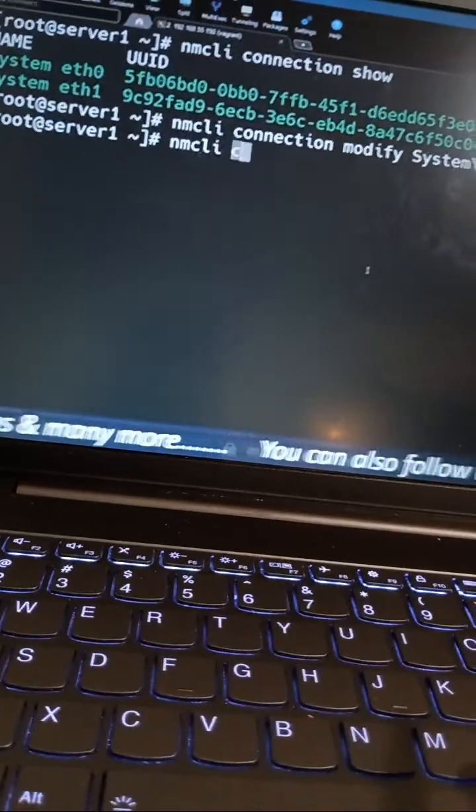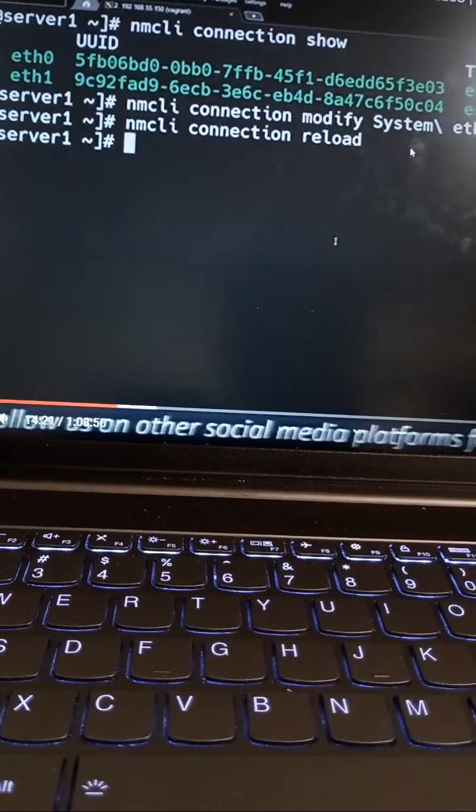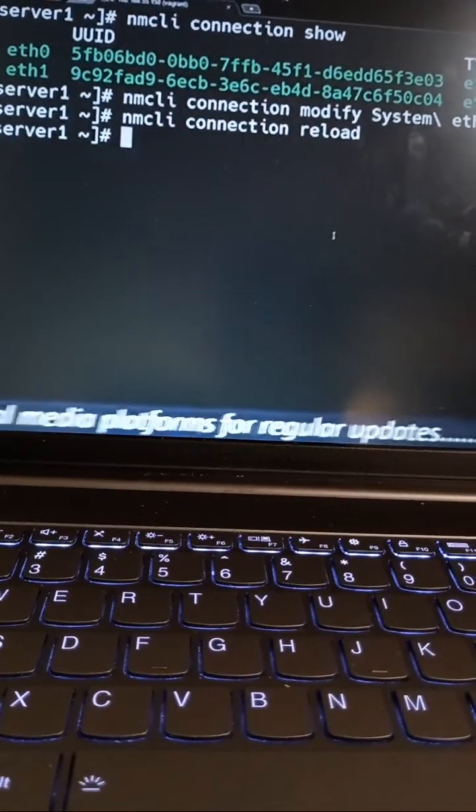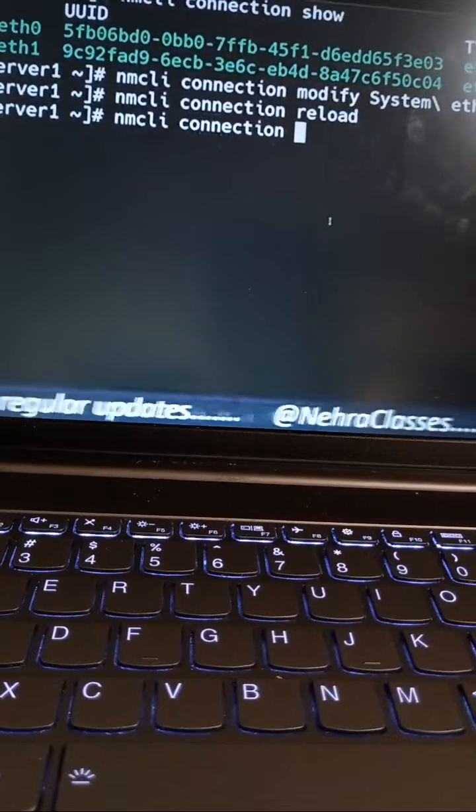So we have added the IP address. Now we can reload the connection. So we can execute nmcli connection reload command, and again we can execute nmcli connection show, and this time we